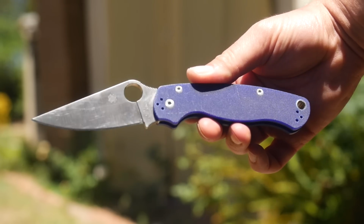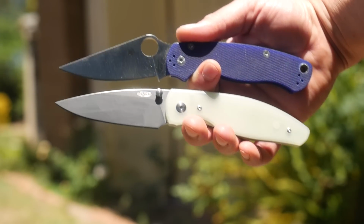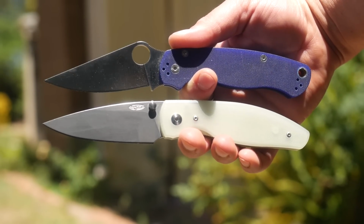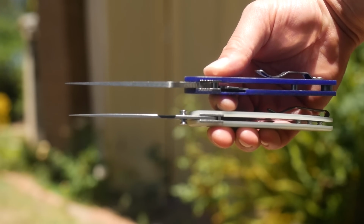Neutron. If the deep carry was your sticking point on the Paramilitary 2, guess what? They make one, but it's not important to me because I haven't bought one. I've had this knife for years. Also, the Paramilitary 2 seen here is about $50 cheaper and easy to buy unless you're talking about those crazy